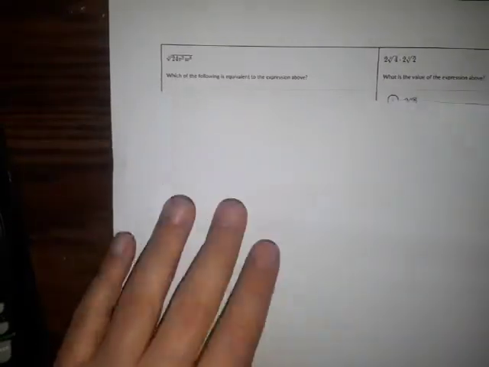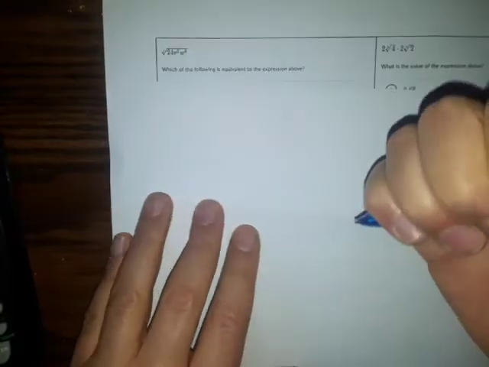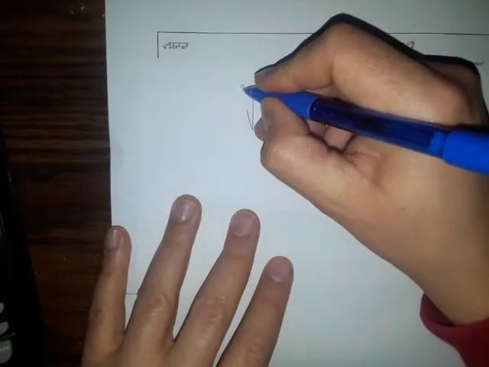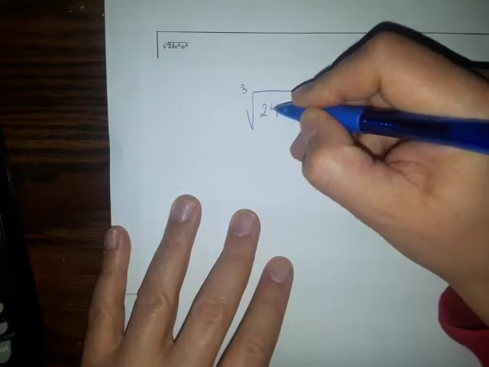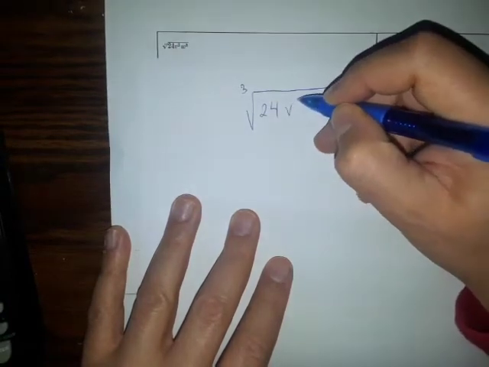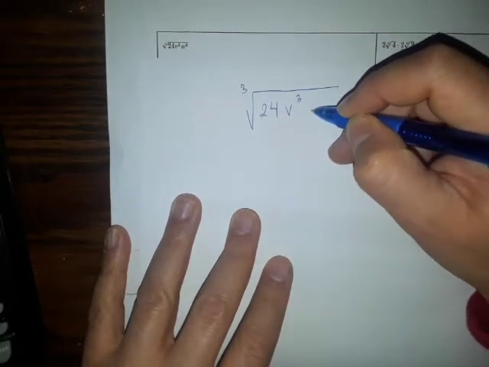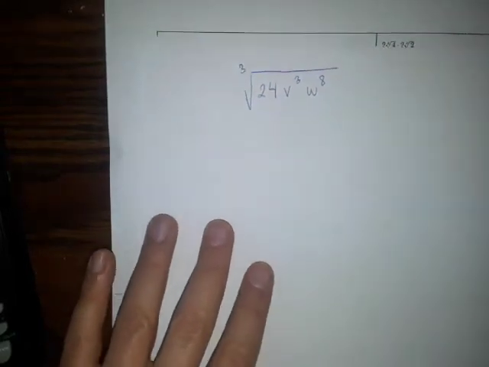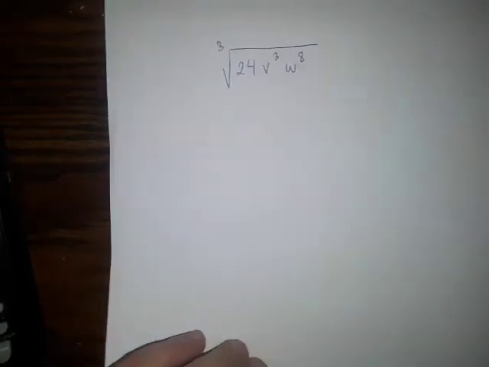So we have the square root. No, sorry, not square root. Third root, sorry, third root of 24 v to the third w to the eighth. Okay, how can I get things out of this root? So